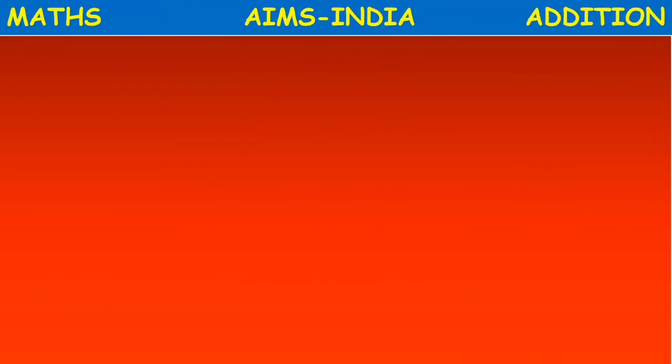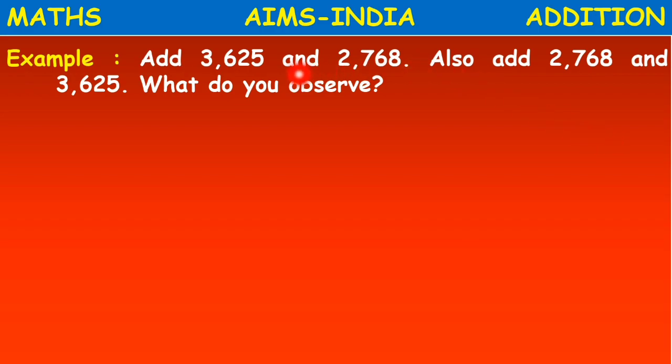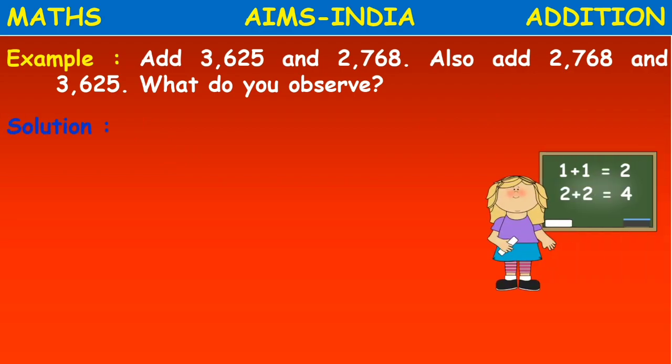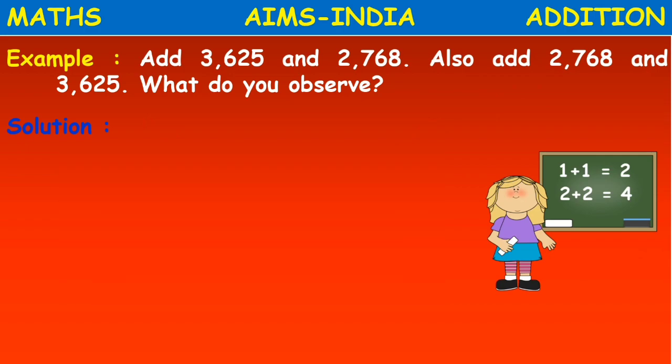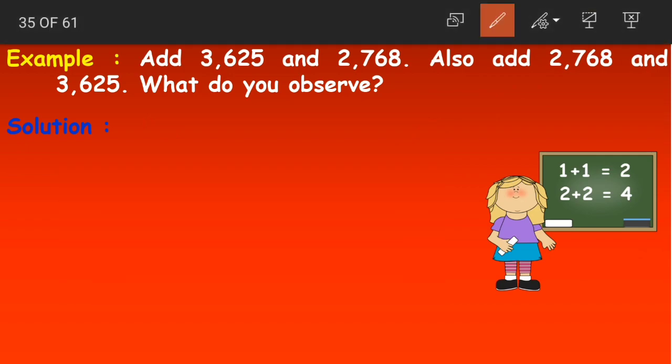Moving on. Add 3625 and 2768. Also add 2768 and 3625. What do you observe? See, what do you observe? What are they saying here? We are given two numbers, and they have asked us to add. So let us add